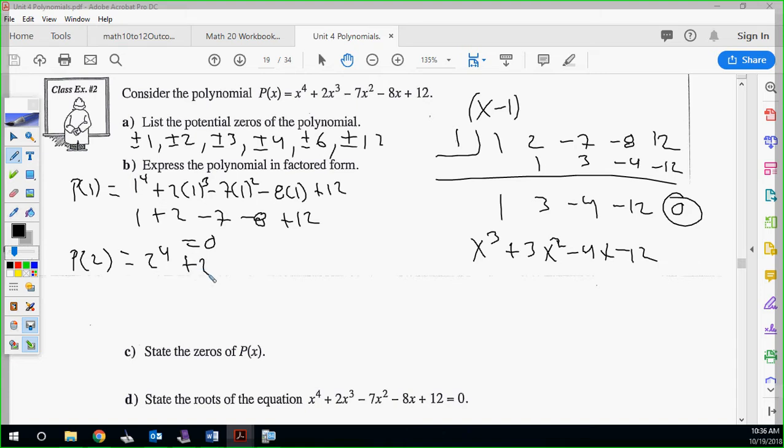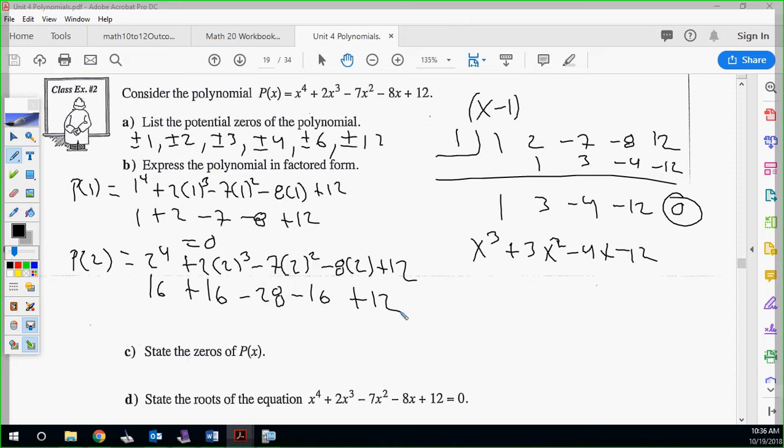These are going to be a little bit bigger numbers, but that's okay. Minus 7 times 2 squared, minus 8 times 2 plus 12. So 2 to the 4th, we got 16 plus 16. 2 squared, so minus 28 minus 16 plus 12. So 32, 44. 20 and 16 is 44, so it is 0. So it is a 0, so now we can come over here and we can actually